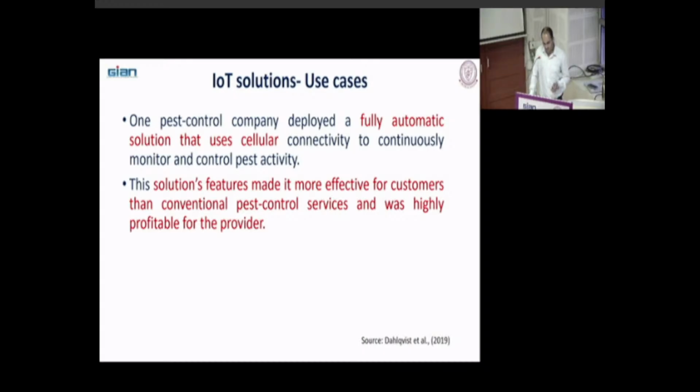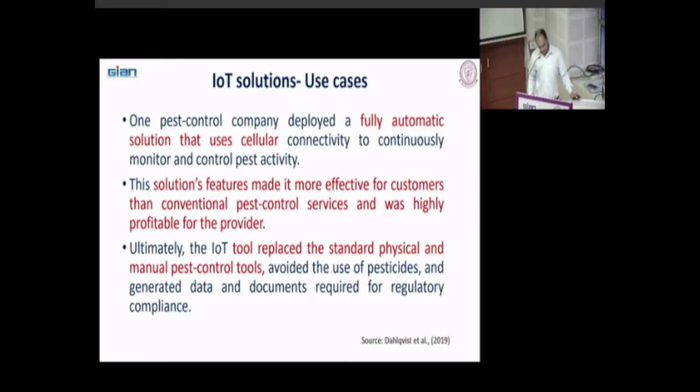These solution features made it more effective for customers than conventional pest control services and was highly profitable for the provider. Ultimately, the IoT tool replaced the standard physical and manual pest control tools, avoided the use of pesticide, and generated data and documents required for regulatory compliance.